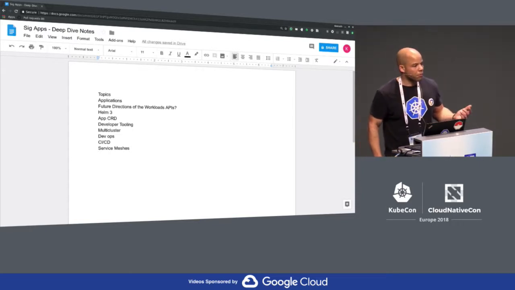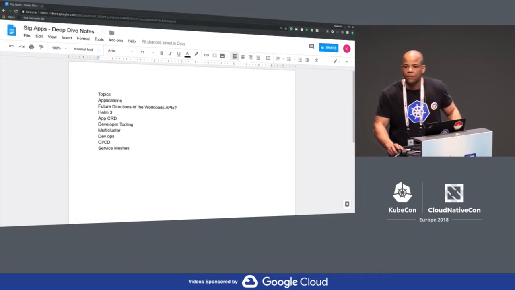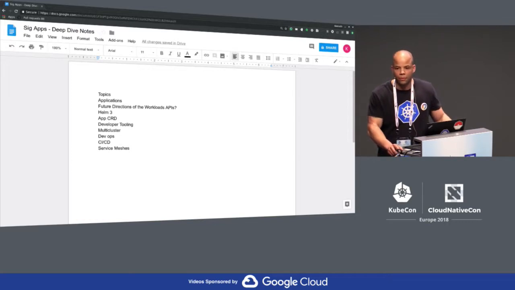So let me ask, does anybody have any thoughts on what an application is? Maybe we can also not say application, but packages. I kind of like the framing of industry. It's a Helm package, and so it's a package in the sense of a Debian package or Red Hat package.